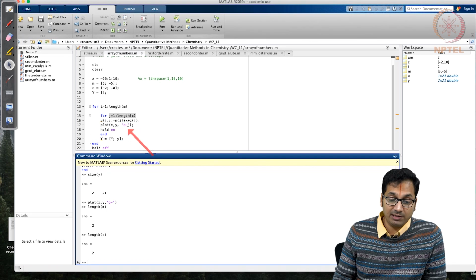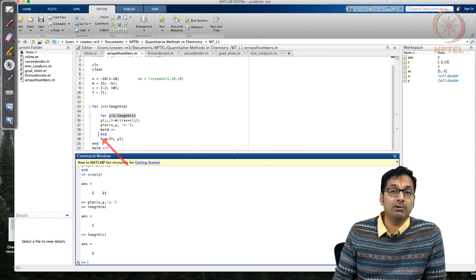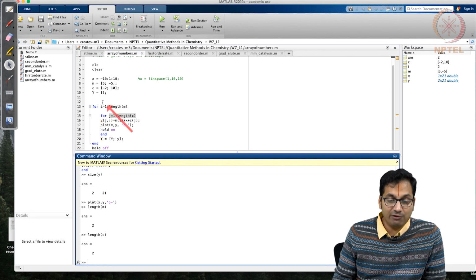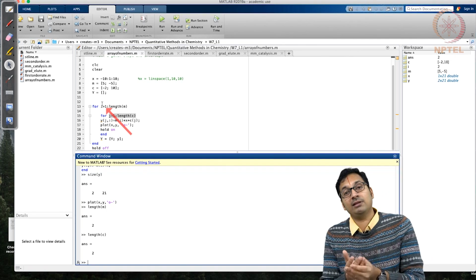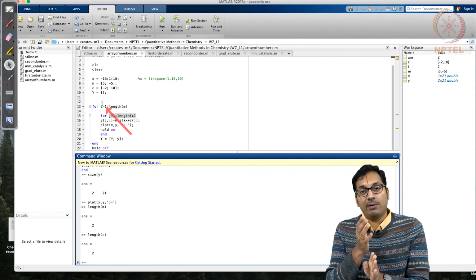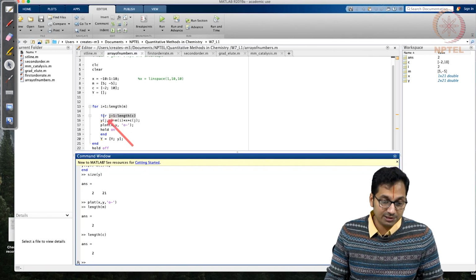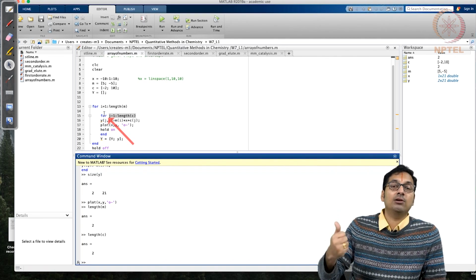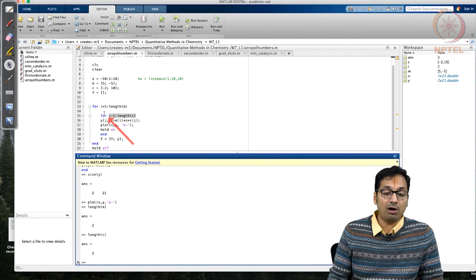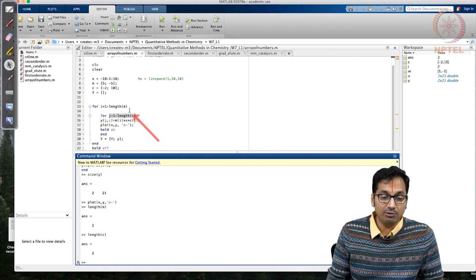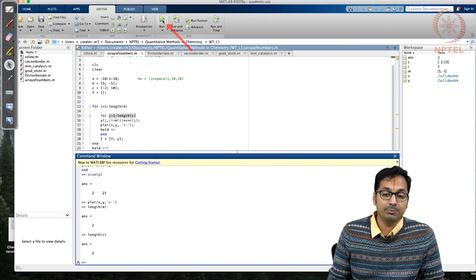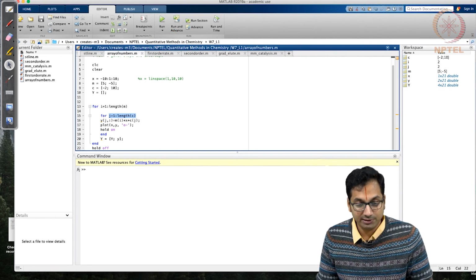After it does that, it plots it, it keeps the graph on, and it sets it to a new variable called y, and then it increments the value of I from 1 to 2 because the length of m is 2. Then what ends up happening? I becomes 2, and then it gets into this loop and it sets j equal to 1 and j equal to 2 and calculates all the 4. So one thing that we can do right now is execute this code. Instead of typing each command at the terminal, I have written the code in a simple script, and when you hit run, what ends up happening?